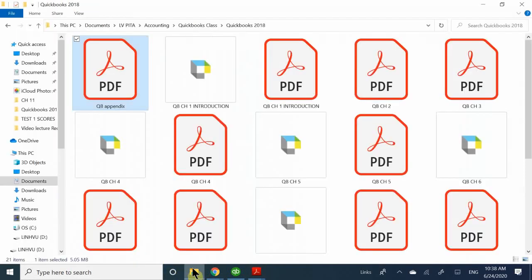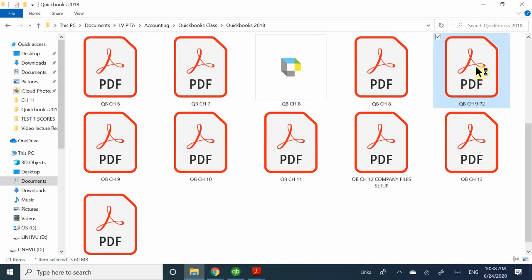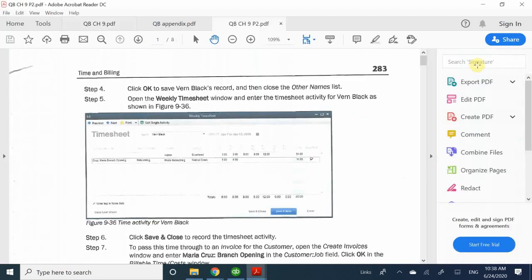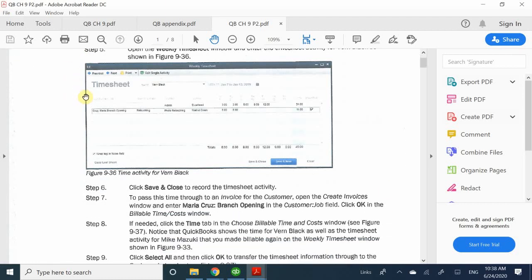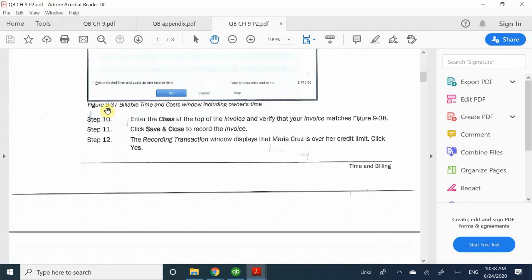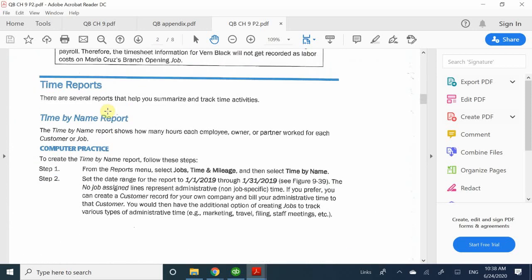how you pay them. We're going to go over how to pay them, how to pay for the taxes that you've collected off of them, and things like that. So again, that's also a rinse and repeat. It's the same thing as keeping track of your employees, whether you're keeping track of yourself or other people. So if I keep scrolling and scrolling, I'm going to see that the next section is